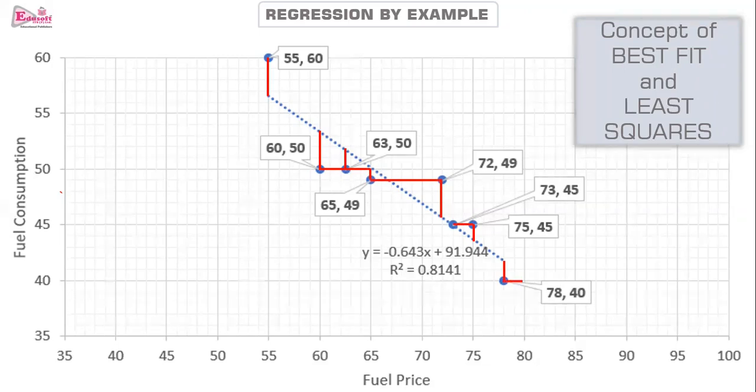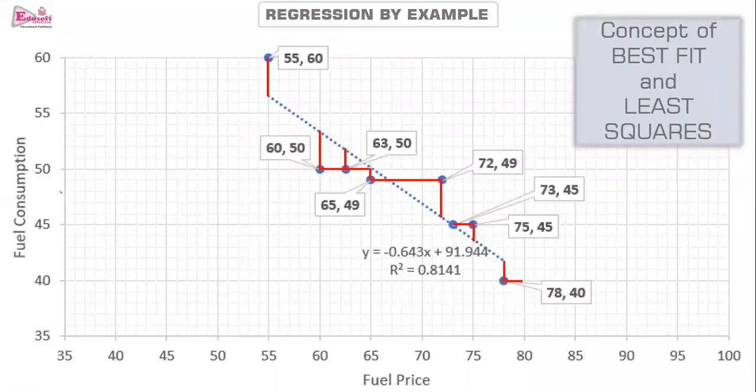These distances are actually taken and their squares are calculated. This concept is called least square. The lower the value of the squares, the better the line drawn. So if you want to know how perfectly the line is drawn across the values, the squares calculated of the distances should be least. Then such a line is called the best fit line.